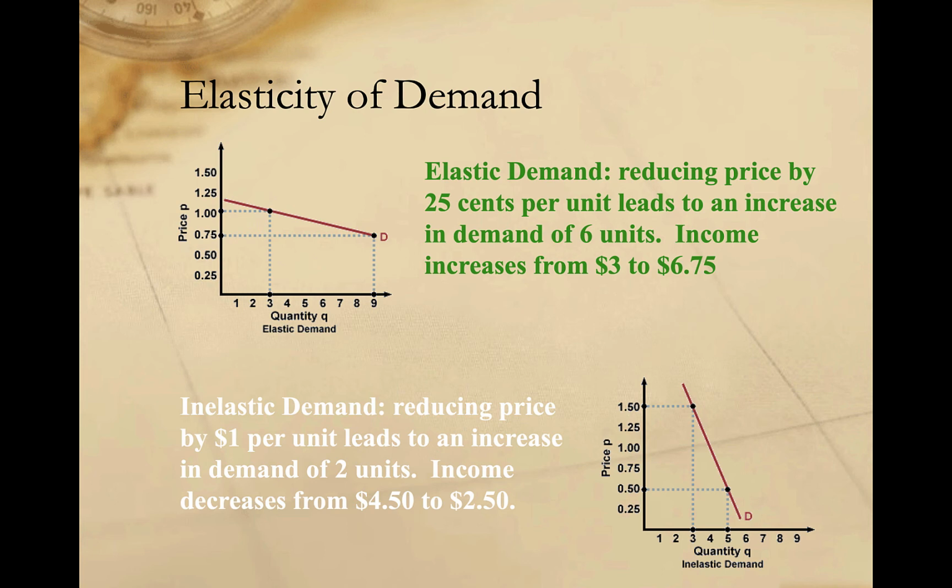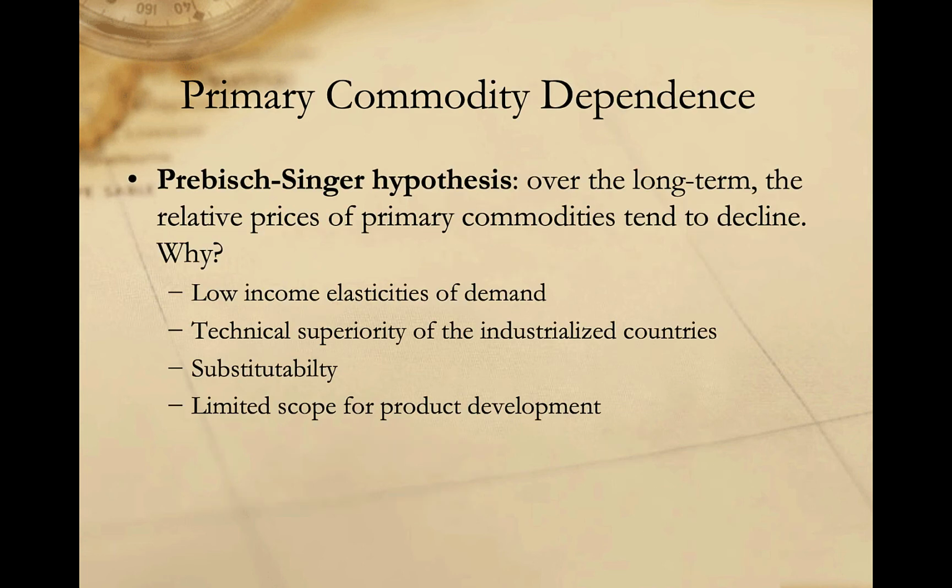The question, of course, is the degree to which demand for particular commodities may be elastic or inelastic. There's good reason to believe that demand for many primary commodities is relatively inelastic. I'm unlikely to consume significantly more bananas if the price of a banana declines sharply, for example. There may be other reasons beyond demand elasticity that explain why primary commodity prices might decline over time.